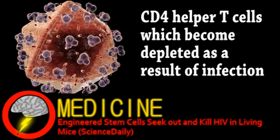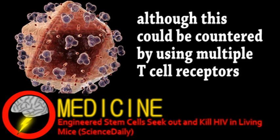itself. This demonstrated that the created T cells were functioning properly and beginning to eliminate infected cells throughout the body. One weakness in this method is that HIV will likely mutate faster in humans than in this mouse model. Still, it's promising work on developing treatments to eliminate HIV, which is an excellent time to mention the charity BlogTV